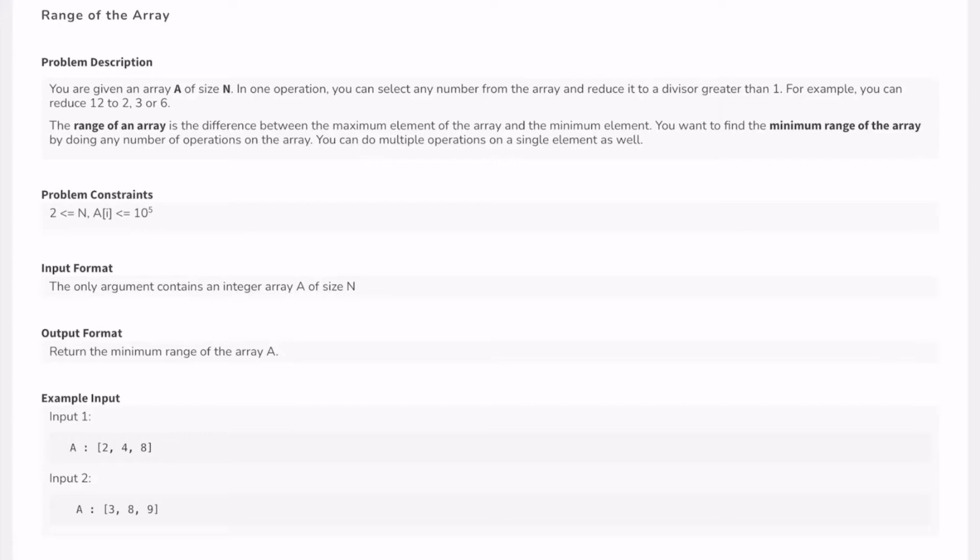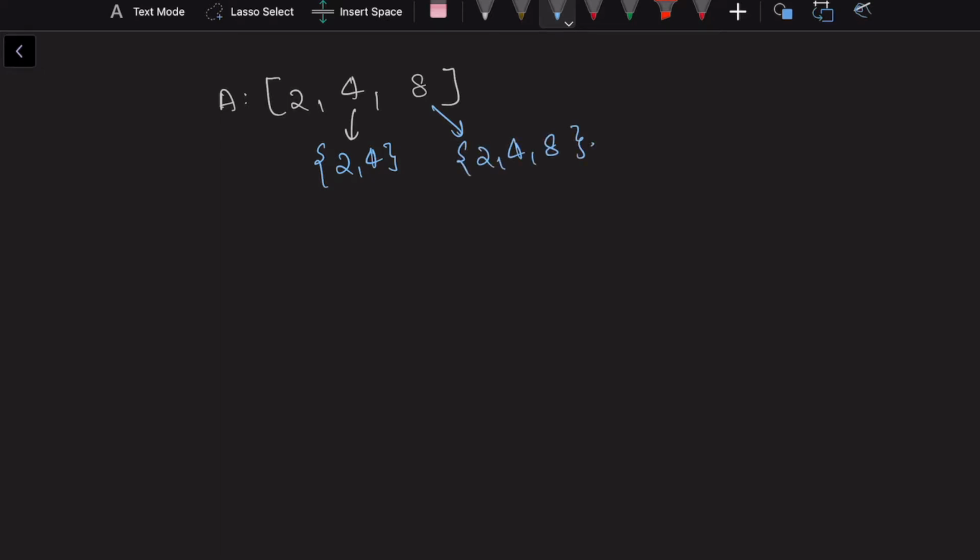Let's try to understand it with an example. Let's say A is equal to 2, 4 and 8. Now this 4 can be broken down into either 2 or 4. Similarly, this 8 can be taken as 2, 4, or 8. I need to minimize the range, that is the difference between the maximum and the minimum.